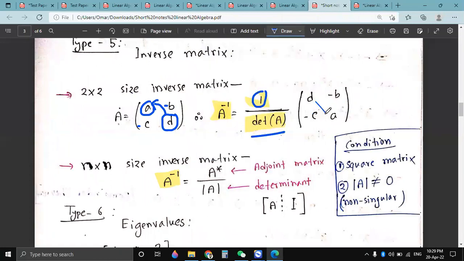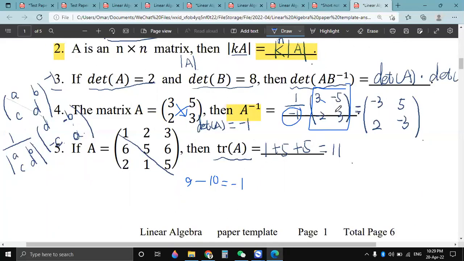So look here, we exchange the corner, and then we multiply a minus here, right? If you exchange the corner, it will also be 3 by 3, because it will be also 3 and 3, and then we multiply a minus here. Okay, you see here we have multiplied a minus. Now if we just calculate this part, 1 divided by minus 1, it will be minus 1, right? And then minus 1 multiplied by this matrix, it will be just minus 3